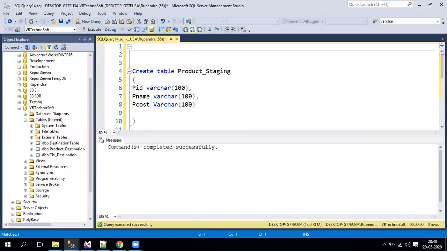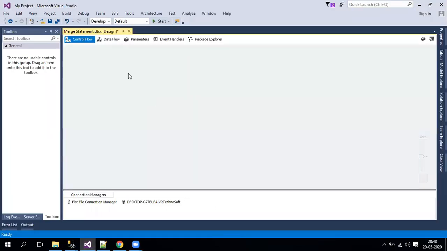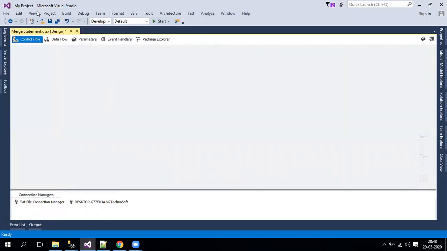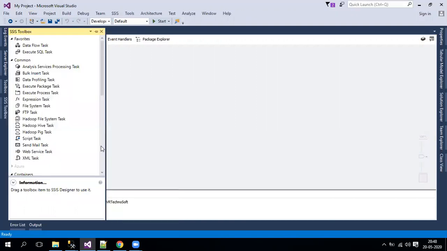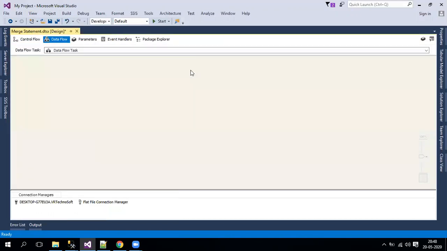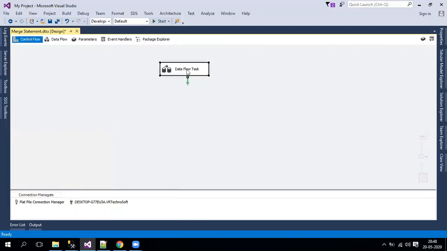Now we'll just go and create the package to load the data from source to destination, that is staging. So now I need the toolbox. So right click in the control panel and you can get the toolbox there and go for data flow task. As we are just loading the data from the source file to staging, I just mention here it as load,